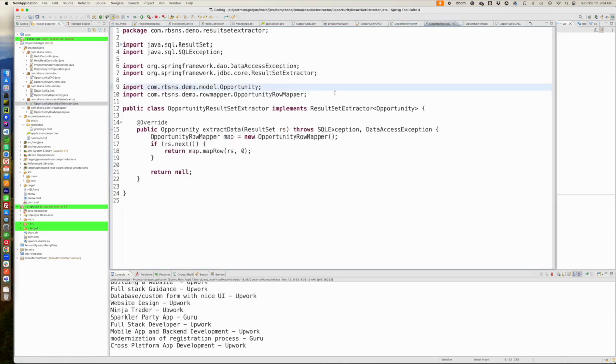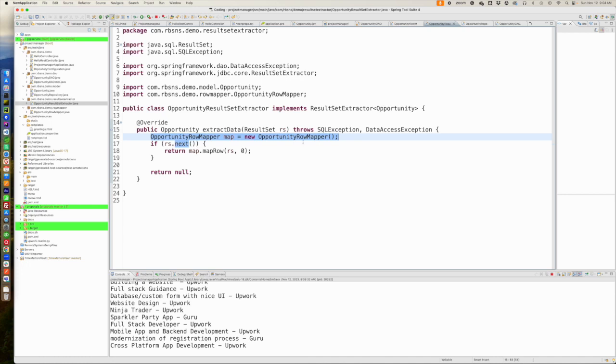And then we also have a result set extractor, which is another thing we can use, because we basically say, hey, I'm going to take a result set that I get from SQL, and I'm going to go through, in this case, each record in my result set, and I am now going to map. I'm going to create a mapper, and I'm going to pull those values in. So it's basically query the database, get your result set, pass the result set into the